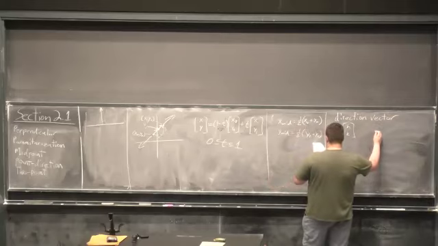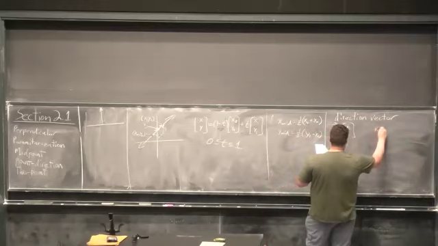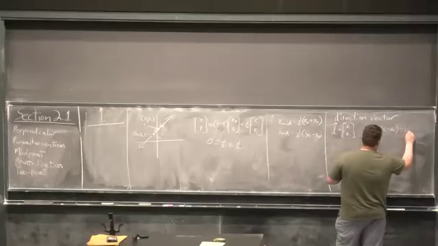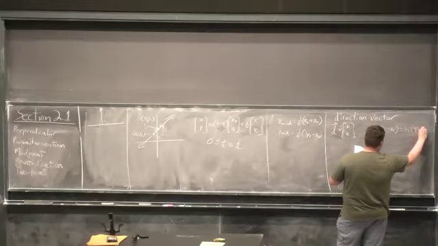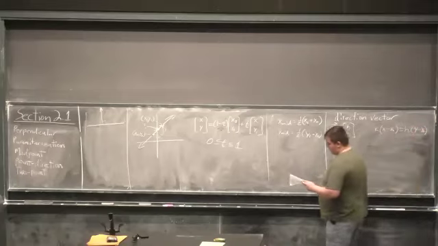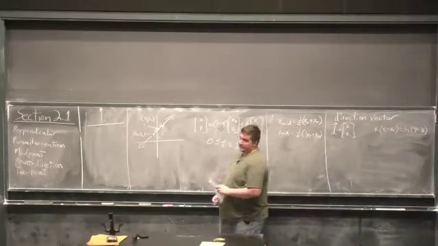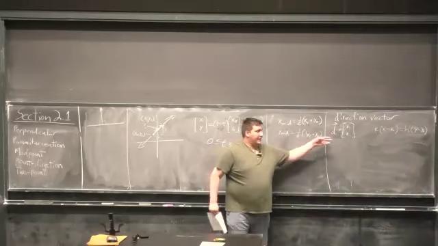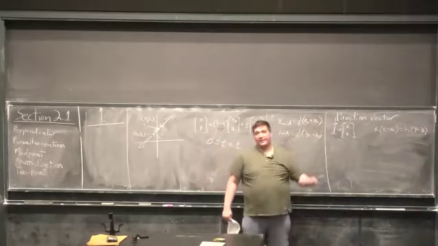And this gives rise to the equation k times x minus x naught equaling h times y minus y naught. Essentially what this means is that if I have a vector that's saying that this is the direction that the line is going,